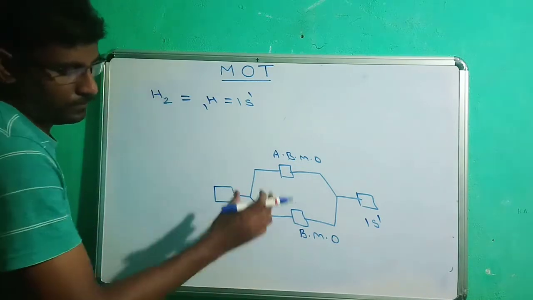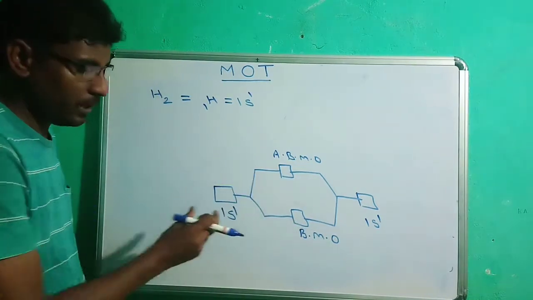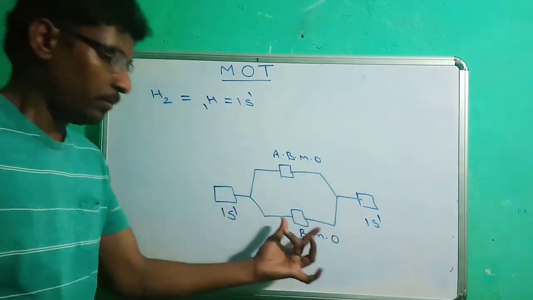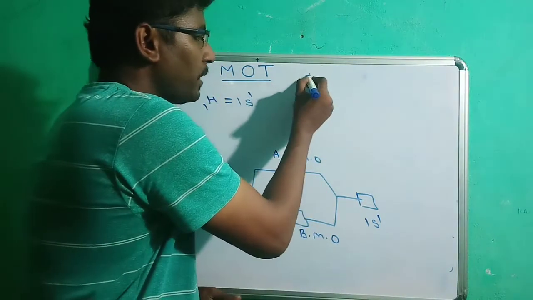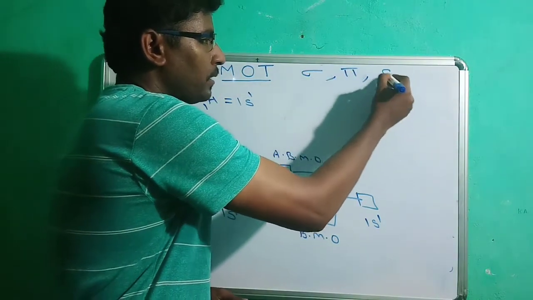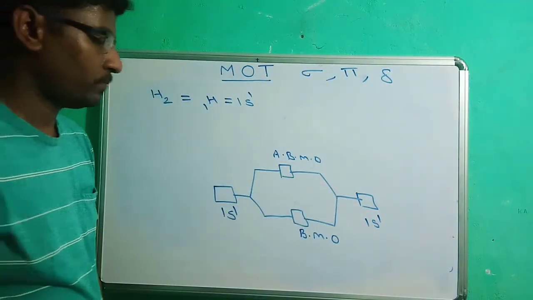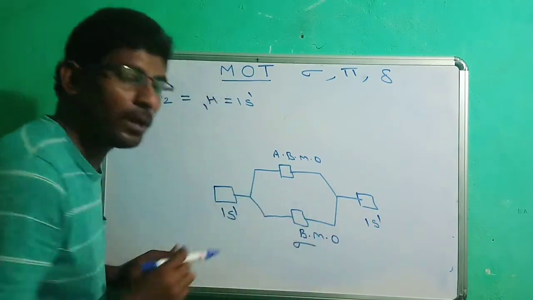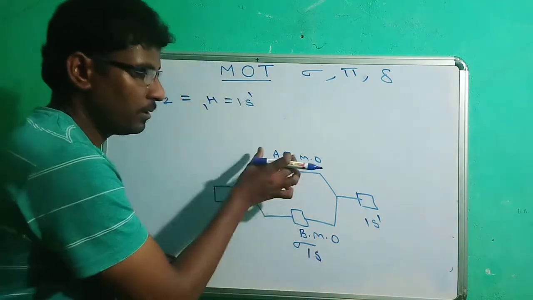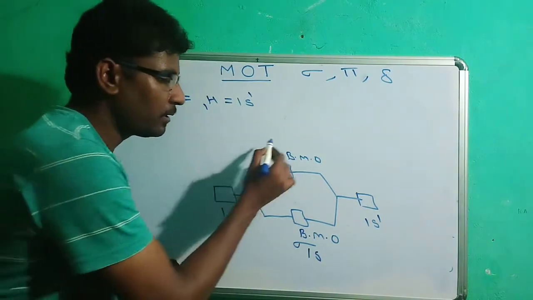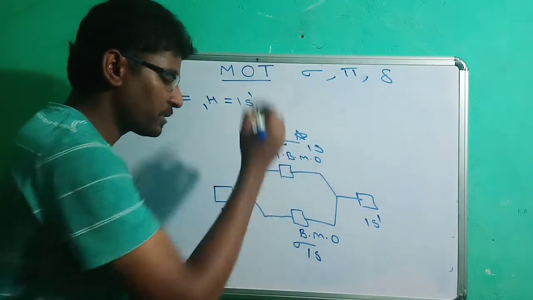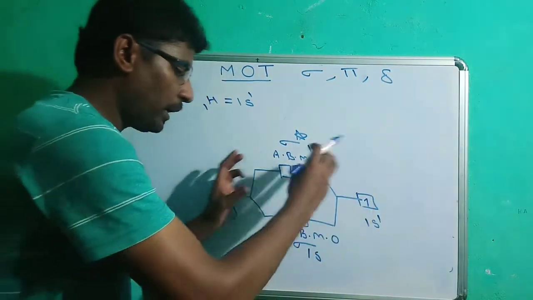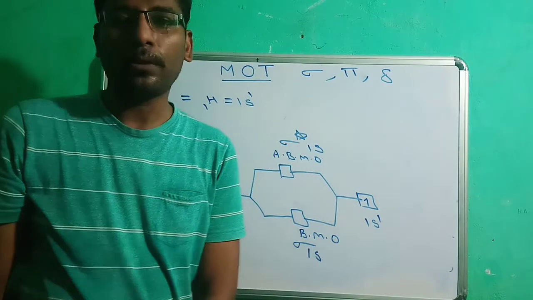Now when we represent these molecular orbitals, as we know, atomic orbitals are represented by s, p, d, f, like that. Molecular orbitals are also represented by symbols like sigma, pi, delta, etc. So when we combine 1s1 and 1s1, the symbol of the bonding molecular orbital must be sigma 1s, and the symbol of the anti-bonding molecular orbital must be sigma star 1s. Each 1s1 contains 1 electron, so we have to fill the 2 electrons in this molecular orbital configuration.